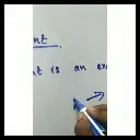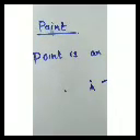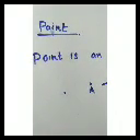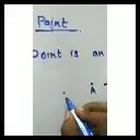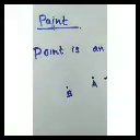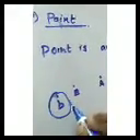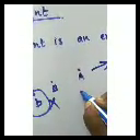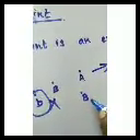A point shows a fixed position. The point has no breadth, no length or thickness. We name a point using a capital letter. We can use B. Not small letters, it's wrong. We can use only capital letters.